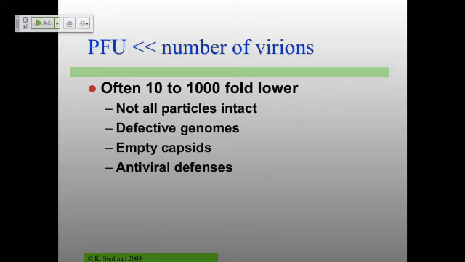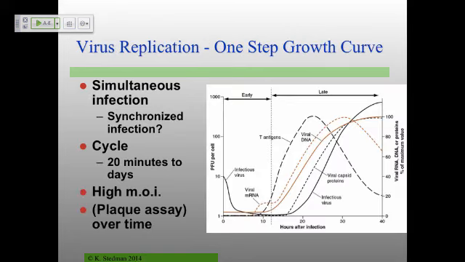So numbers of viruses are important if you're worried about infection, but it's also really important to trying to do studies with viruses. And the reason for that has to do with this so-called one-step growth curve. Again, the big problem, although we're getting to the point that we may be able to actually study single virus particles and single virus infections, but still not straightforward. So this is the standard way that people do this.